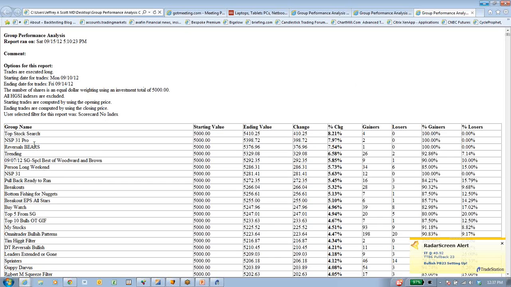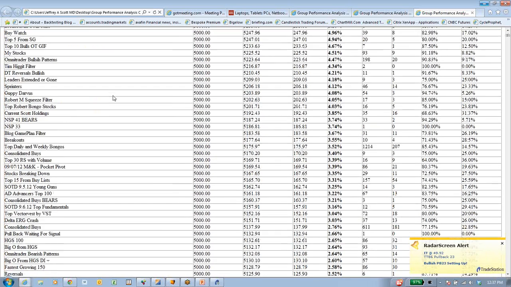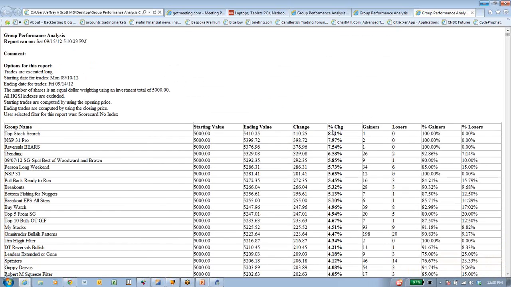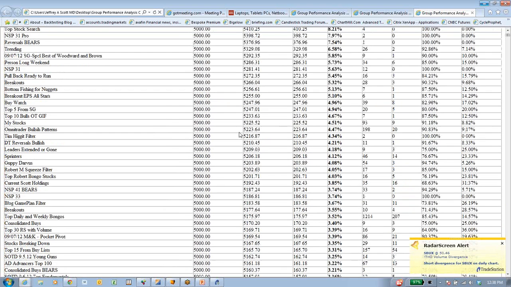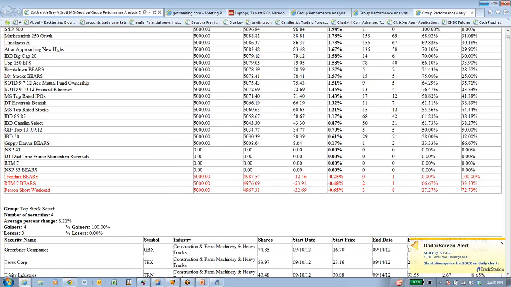This is a list of each of those indexes I created. It tells me the change week over week, winners versus losers, numerically and in percentage. Now, I don't really look that hard at this list, but I like to scan down, and I notice 3 red things and a lot of black things. That means it was a very bullish week. I noticed that most of my bearish lists acted where they're supposed to, in the bottom half of the list, or they're negative.